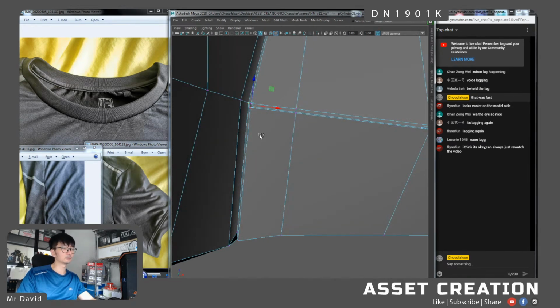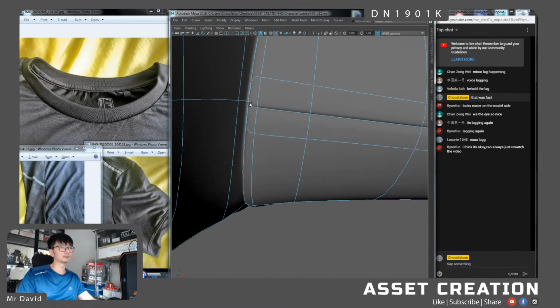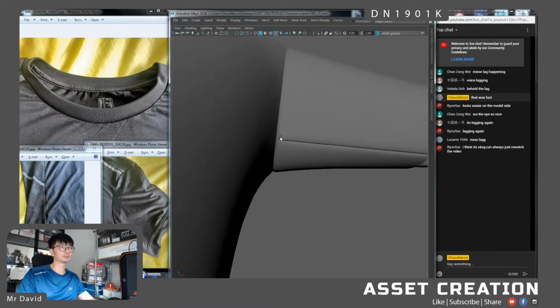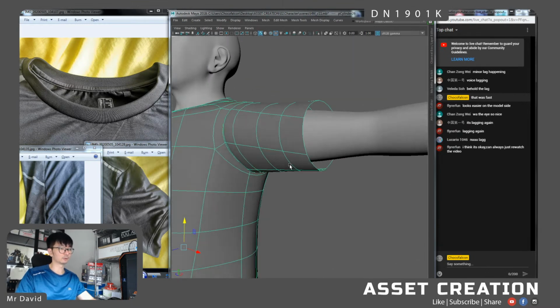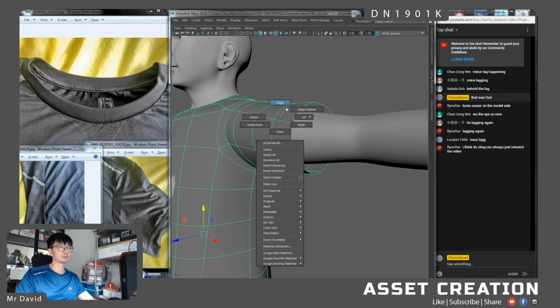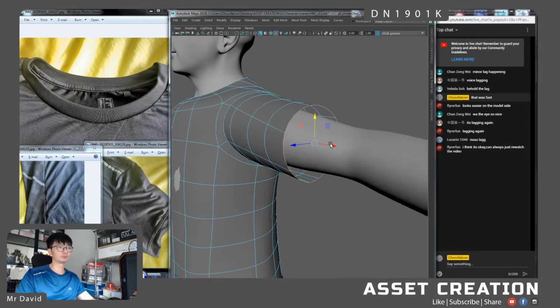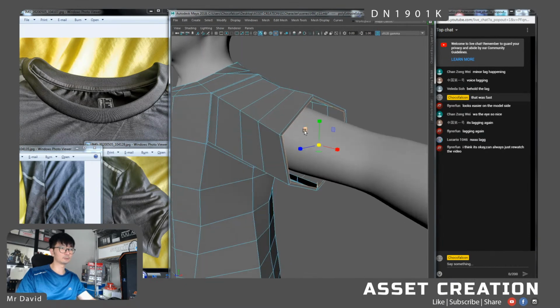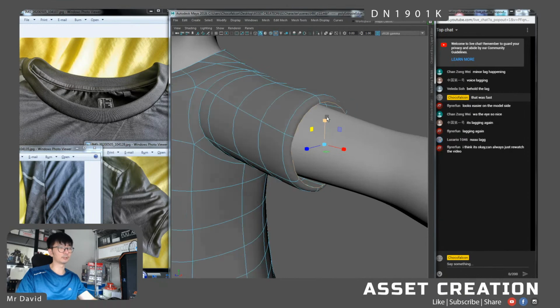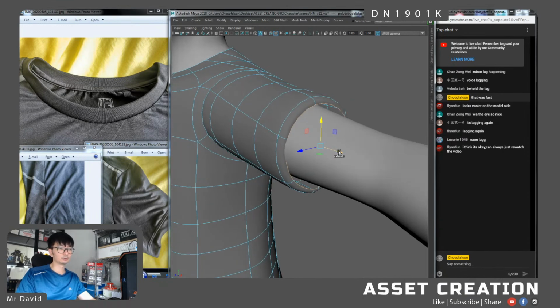To reconnect this line, yeah, the seam there might be just a little bit more obvious. Okay, so we'll keep it there. Instead of removing it, I'll keep it there. Now for the sleeve, we are going to extrude inwards. Not too much, we just want to have a little bit of thickness for the shirt, and then we're going to squeeze it in